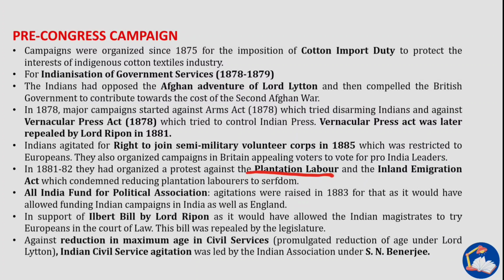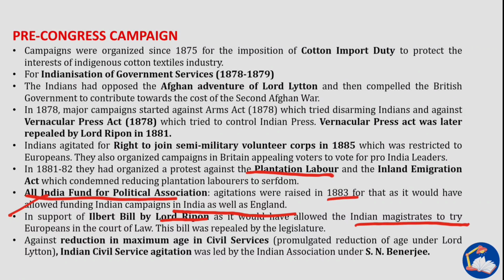Next is the All India Fund for Political Association. Agitations were raised in 1883, as it would have allowed funding Indian campaigns in India as well as in England. Next is support for the Ilbert Bill by Lord Ripon, as it would have allowed Indian magistrates